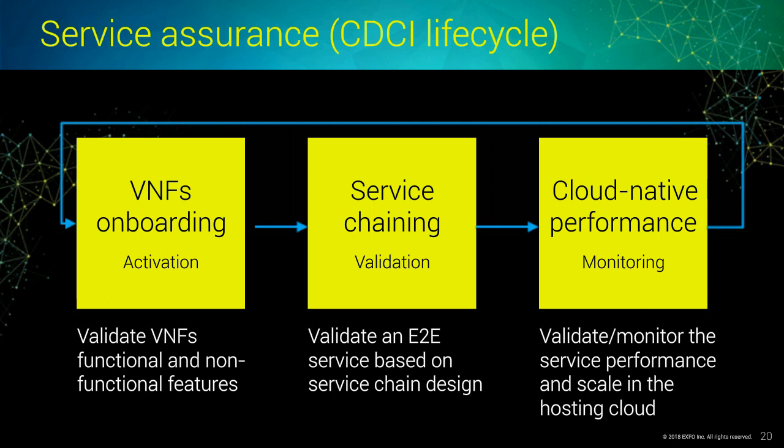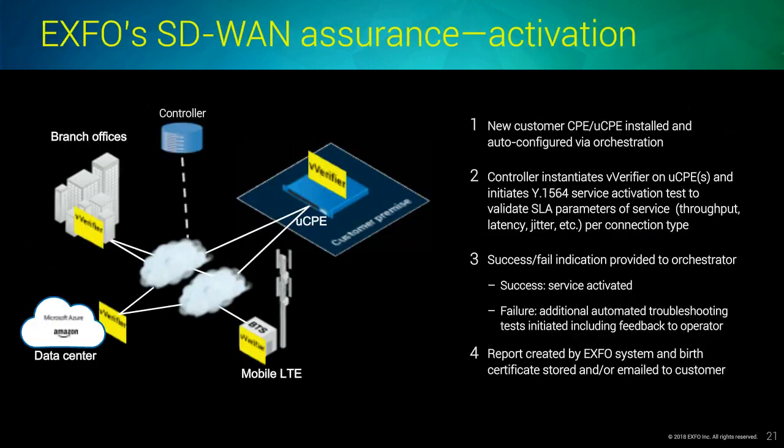If we look at that in detail quickly, we can see that when the customer does the activation, then a T1 test, for example, will be issued, and then the result will be returned to the orchestrator. The orchestrator at that time will look at the result, whether it's success or failure. If it's a success, then it will go on with the service. If it's a failure, then it will have a remedy of what to do in terms of troubleshooting.